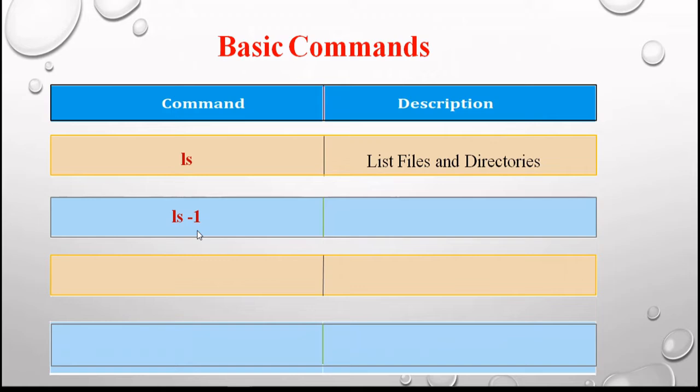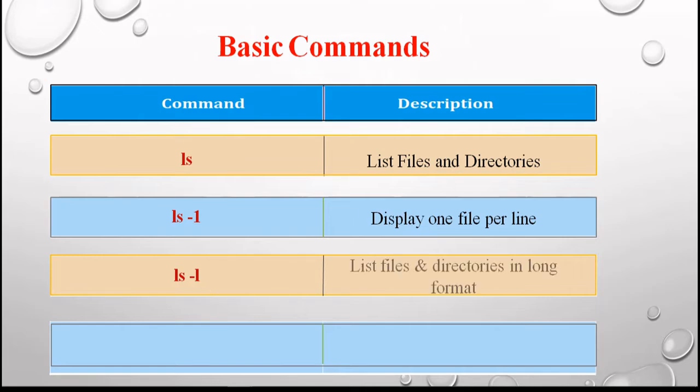This will represent the same files and directories, but they will be displayed one file or directory in one line, right? So we are displaying one file per line. So with the help of the previous command, we are seeing all the files and directories in horizontal order, and in case of ls space -1, we are seeing all the files in vertical order, right? Then comes ls space -l, and this will give you long listing. It means whatever files and folders that we have seen from these two commands, they will be in long listing format, where we will get other details of the file as well.